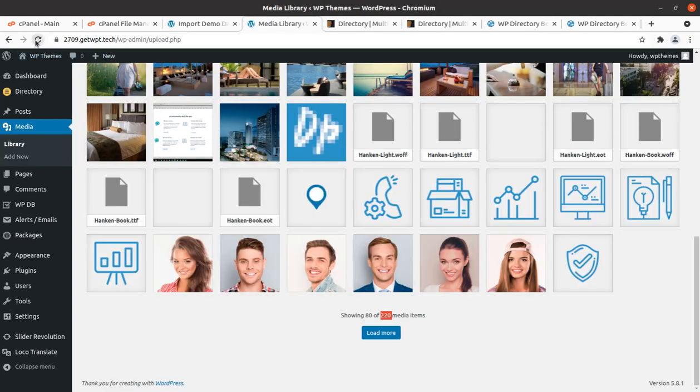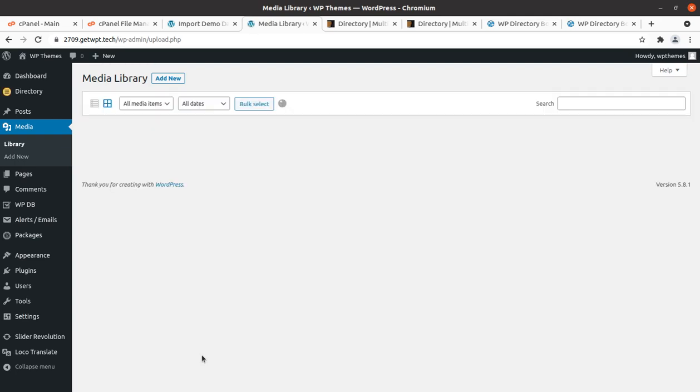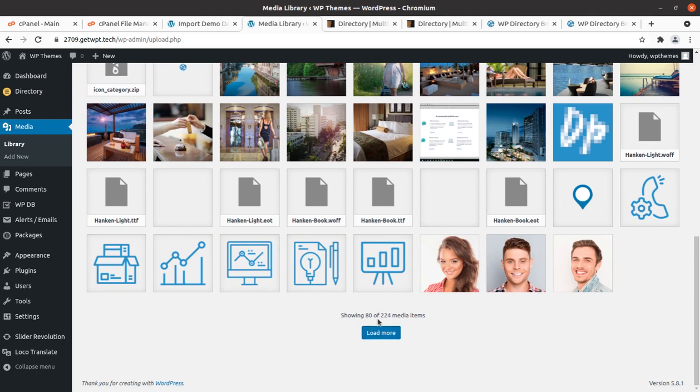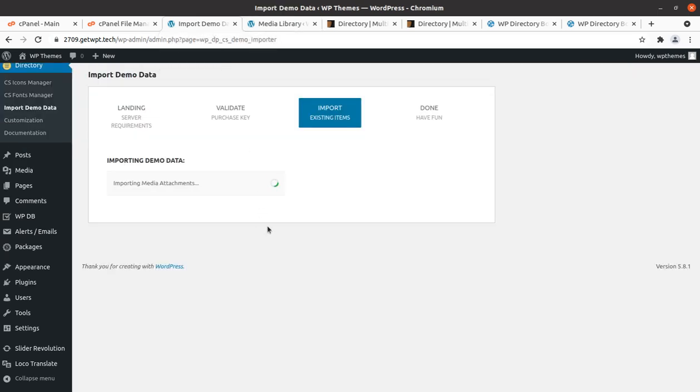If it is increasing, that means it is working. So just refresh this page, and if it is increasing after 220, so it is 224 now. So it is simple that it is increasing and it is working in the background. We can keep repeating this step until we get the message that all the media files have been imported. So I believe it will work, so we have to repeat the process, and it is going on.